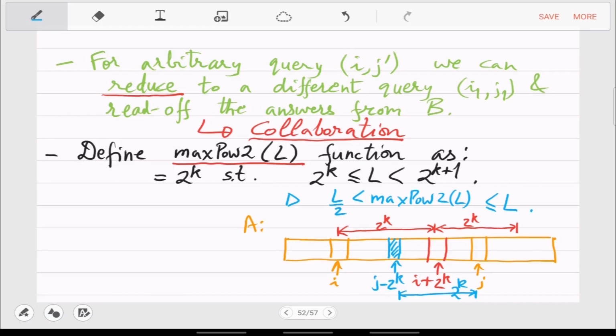Right? So these two windows you know. If you know the answer of these two windows, what is the answer of the query? Minima, right? Because it covers all the elements. So you use the blue interval and you use this interval. These are the two intervals.